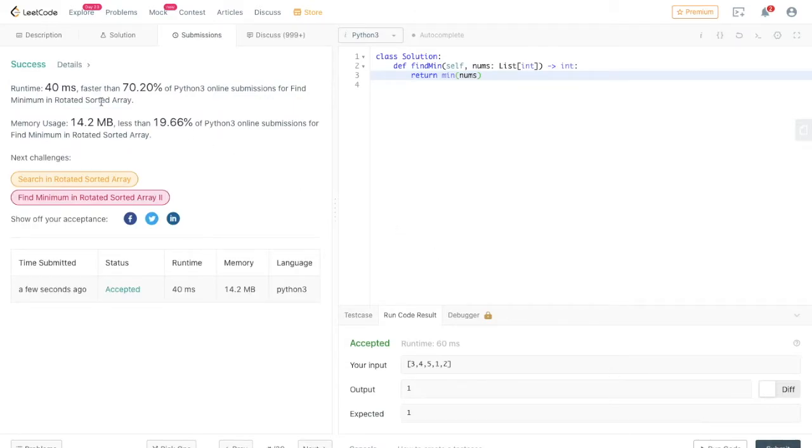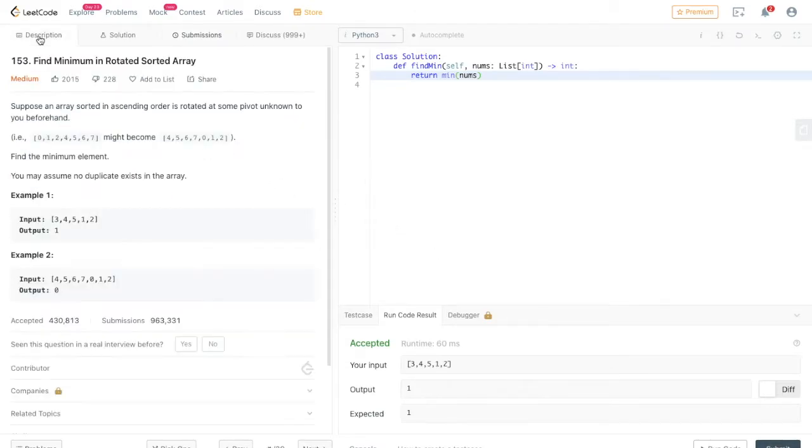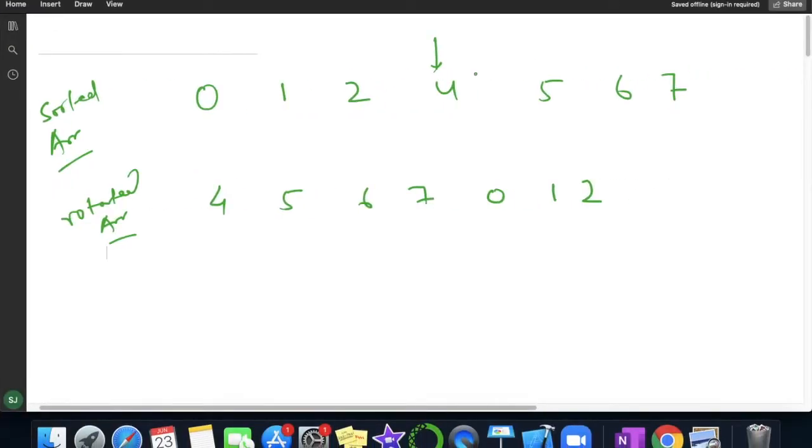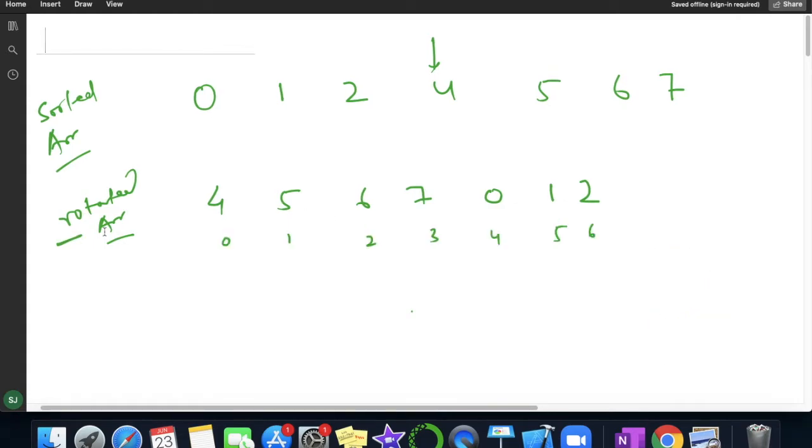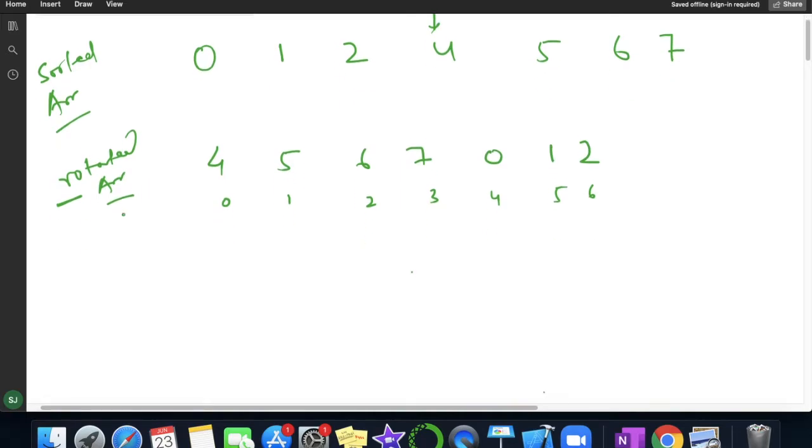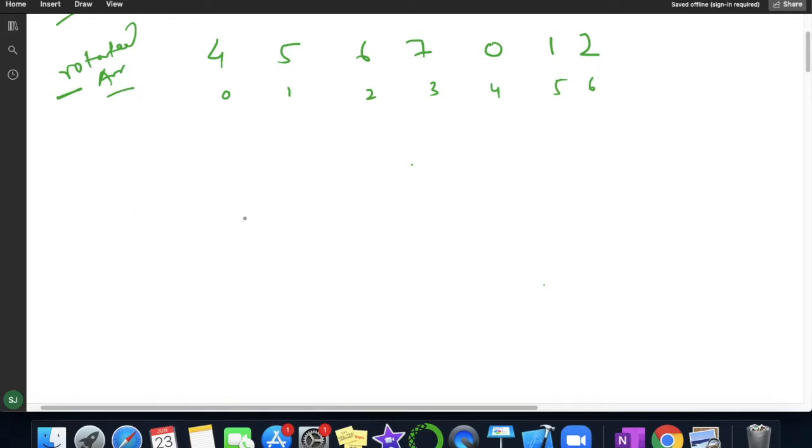So it is being accepted also, but they have given this problem as medium, meaning they are asking us to do something over here. If I write return minimum of these nums, then my complexity will be order of n, but they are asking whether we can decrease this, meaning whether we can get log of n or not. So basically they are asking us to perform a binary search in this rotated array. Let us write the algorithm for binary search for this array.